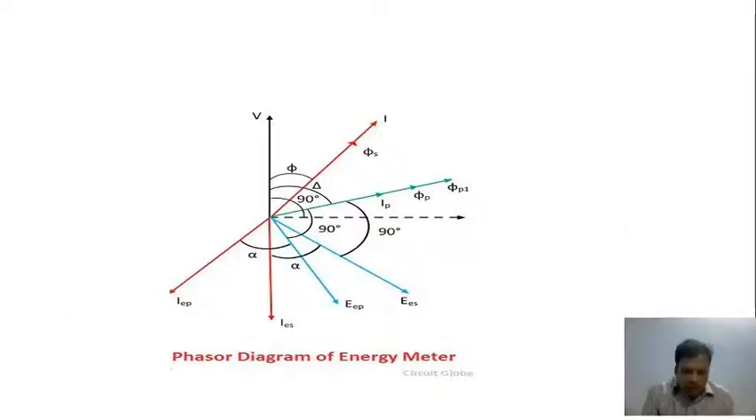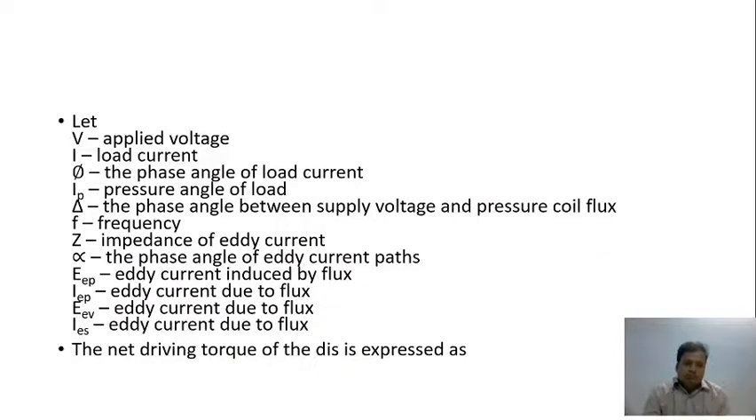This is the phasor diagram having I, that is IEP, IES and EEP and ES. Every angle is 90 degrees apart from it, and also some angles are phi and p. So we can draw this phasor diagram if the sufficient quantities are given and the lagging or leading concept is known to us. Now let V be the applied voltage, I the load current, phi